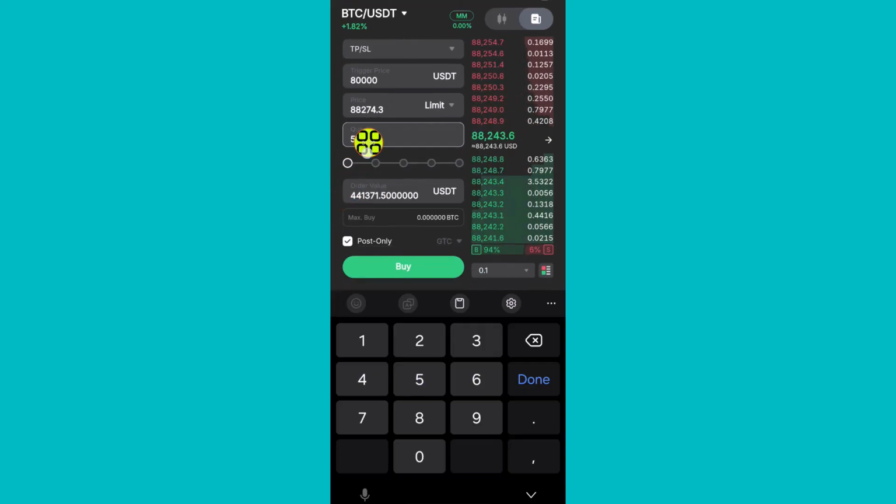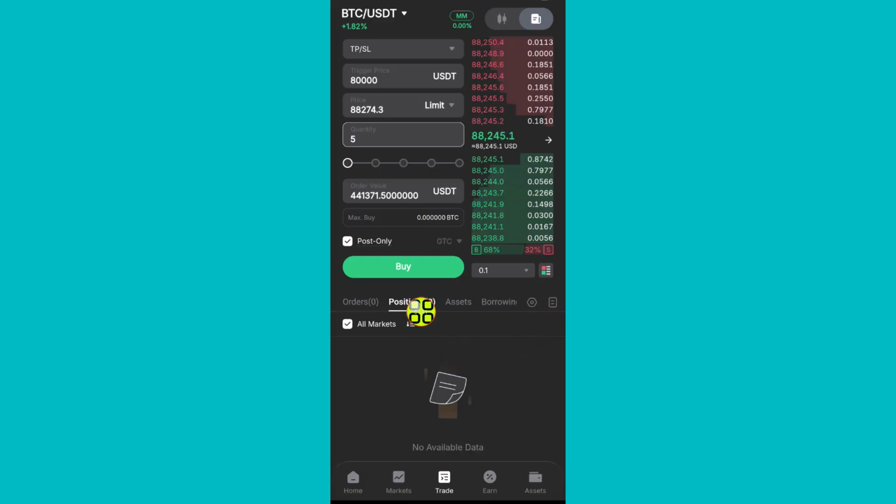After you type in 5 BTC, if you scroll down, here is now the option. So now you need to have this amount in your wallet before you can place the trade. If I tap on this buy button, my trade will be in this position, and from there I will continue